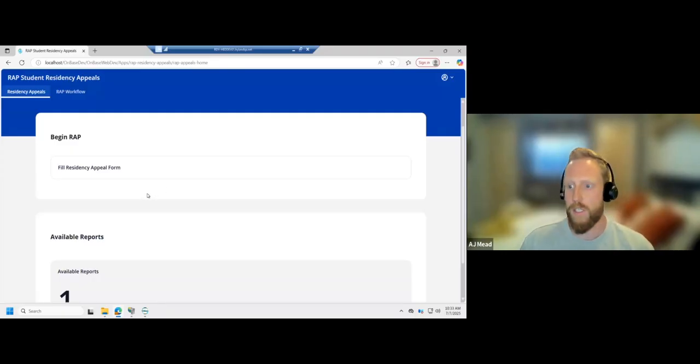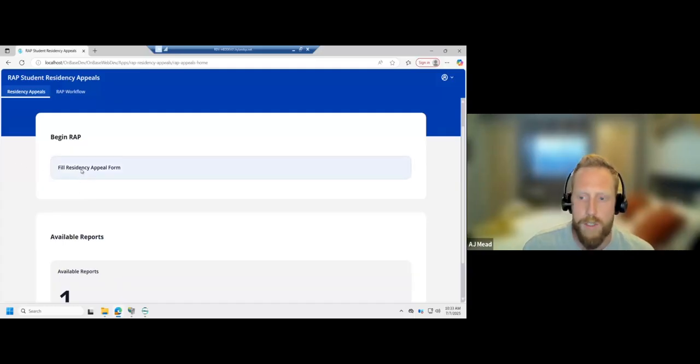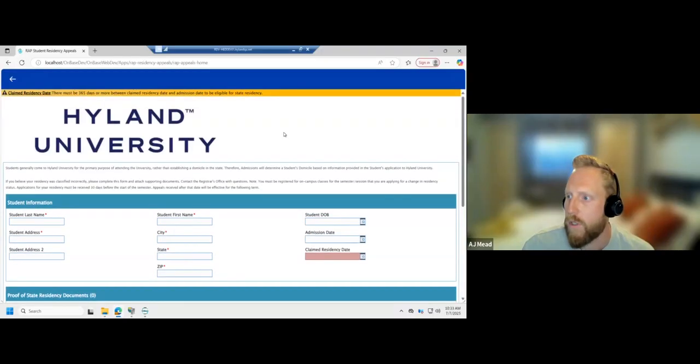So what you're seeing here is a Highland app builder that we're using to surface the form. Typically, the student might access this form behind a student portal. You can see here we're using a Unity form, and I'm going to manually enter in this information. But again, typically, if we were to hide this behind a portal, these fields would populate automatically. So I'm just going to manually enter in some data here.